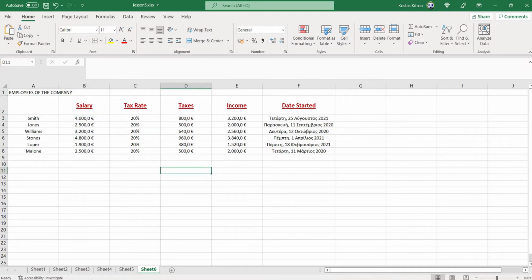Now, what happens if I want to center a content across a selection of cells? For example, the employees of the company seems to be like a title of that spreadsheet, of that table, let's say. So I want to align this content, employees of the company, in the center of the selected field between A1 and F1. So if I select